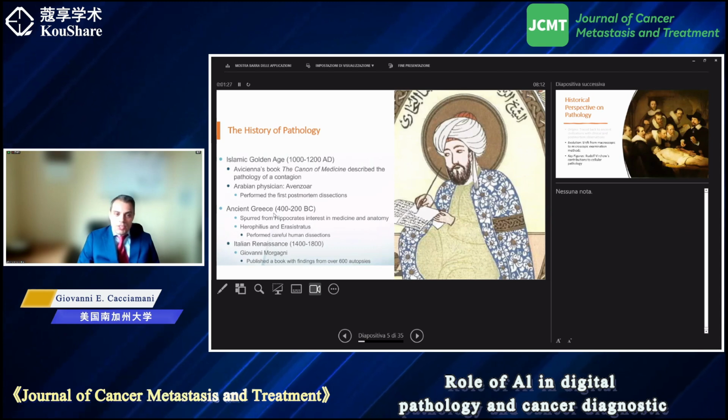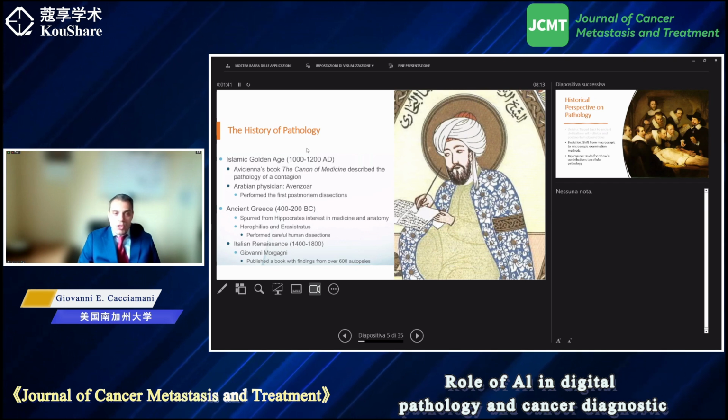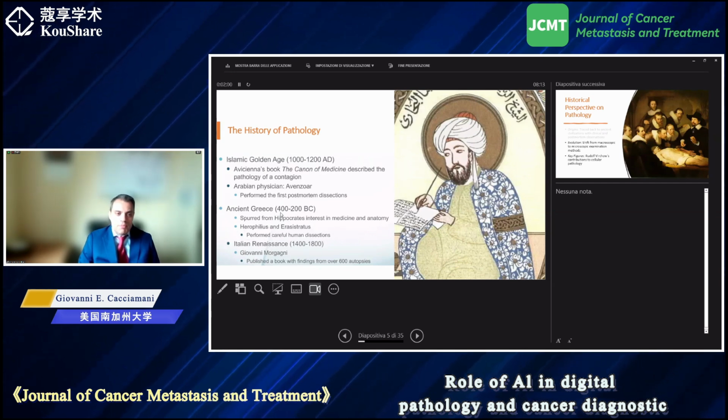medicine to the ancient Greece, we should acknowledge that during the Islamic Golden Age, so quite earlier than the Hippocrates time, Avicenna wrote the canon of medicine and described some of the pathologies that we currently recognize. And later on, an Arabian physician, Abenzoar, described and performed the first post-mortem dissection as we consider it today. Later on, in the ancient Greek, we had the huge work, of course, of Hippocrates, but then later on,